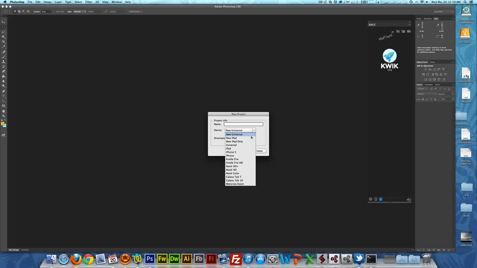So the first thing that I like to show you is here in the new project. Now you can see there are a few new devices listed here, the Galaxy tabs, and also a new option called new iPad only. And before you ask what's the difference between new iPad and new iPad only, it is when